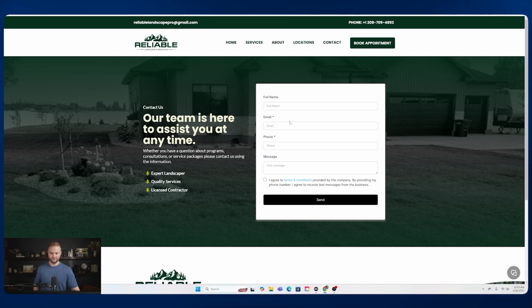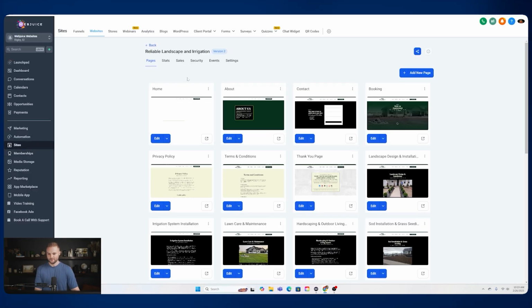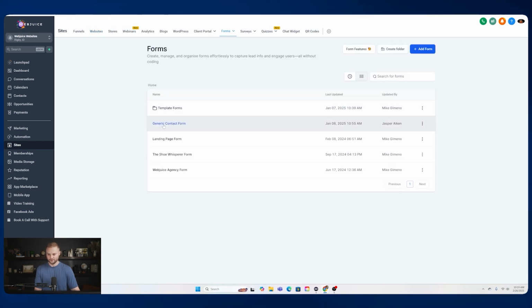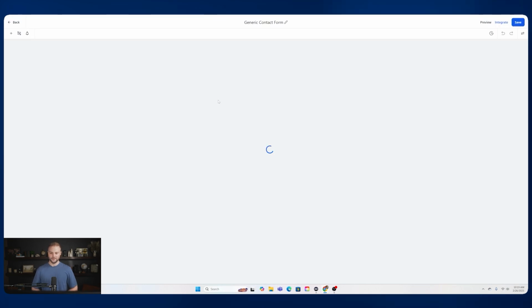Next up, I'll show you how to create this contact form on the contact page of our website, and we can ask for full name, email, phone number, a message, similar to the chat widget, right? But it's more of just a formal form that they can fill out. If we go to the Sites tab here, we go up to Forms and then Form Builder. We can create that form here. I'm just going to click this one. I've already built it, but you'll just click Add Form, and we can customize the forms inside of this Form